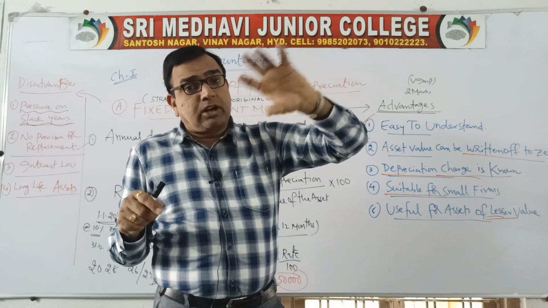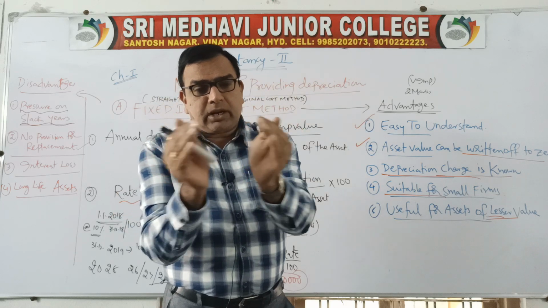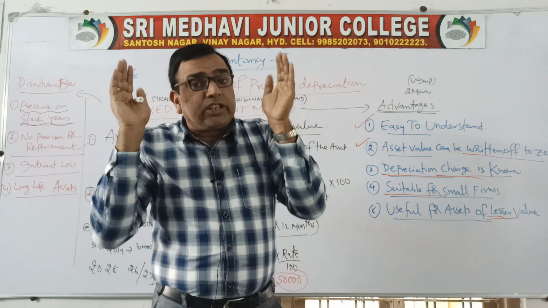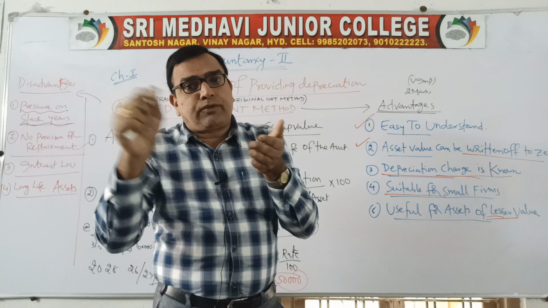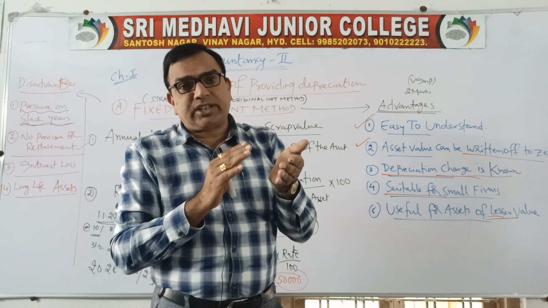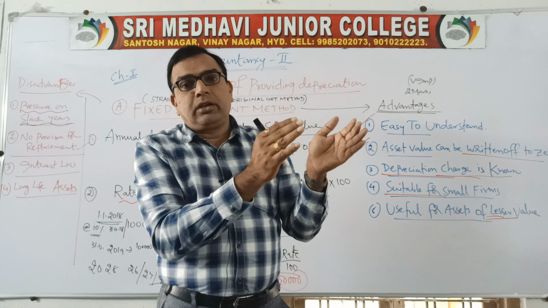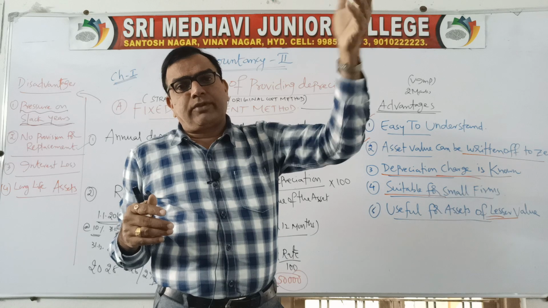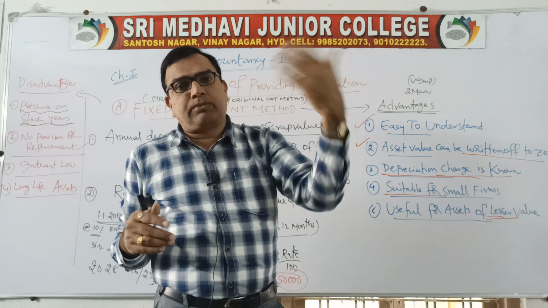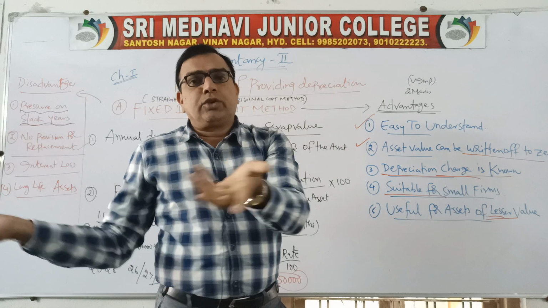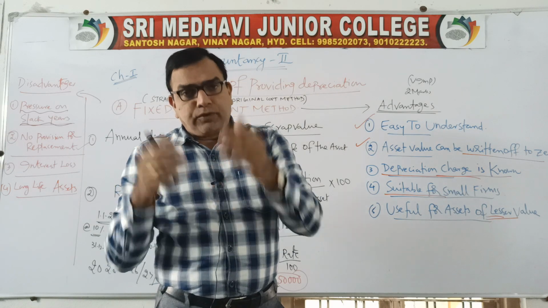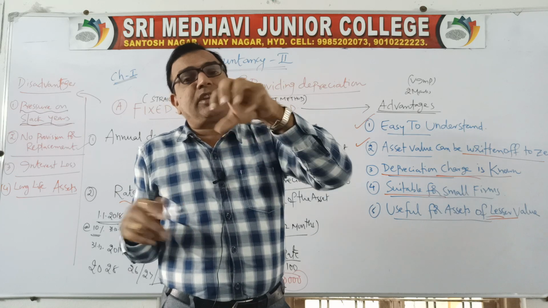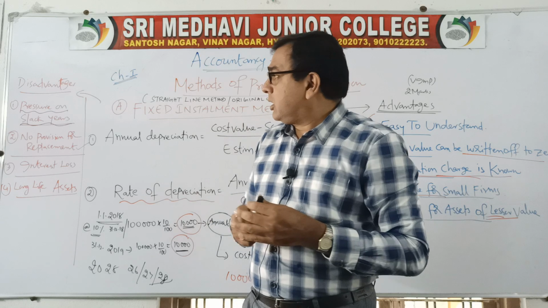It is not invested anywhere. It is not saved. It is not provided. Provided means keep that amount aside. Don't use it for general purpose. But unfortunately, in fixed installment method, the amount which is written off as depreciation on the debit side of the P&L account is not kept aside. So it is generally used. That means at the end of 8 years or 10 years, when your old asset becomes obsolete and you need to replace it, you do not have any fund. If you keep this amount aside and don't use it for other purposes, you can create a fund. But such a provision is not available in fixed installment method.